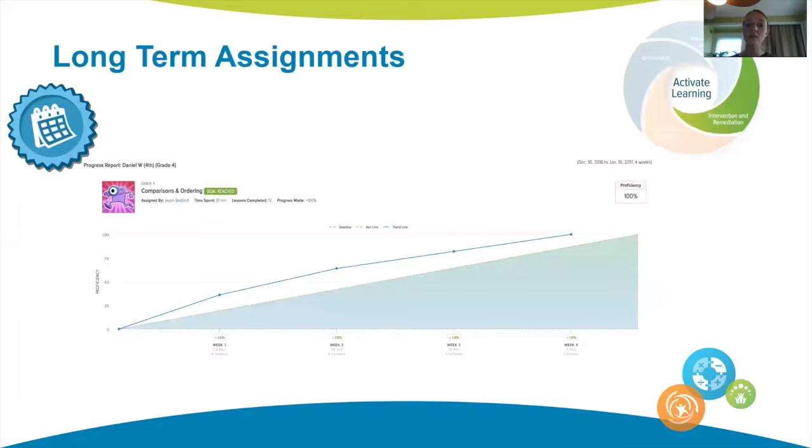For the long-term assignments, they're really for long-term targeted intervention. These assignments are anywhere from 2 to 10 weeks long. The student will have that concept assigned to them until they show proficiency in that topic that you choose, as well as until the time period is up. One or the other. They either gain proficiency and finish, or the time period is up. Okay? All right, and we're going to go into the dashboard and actually explore the ways that you can assign